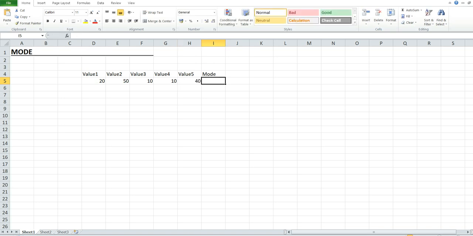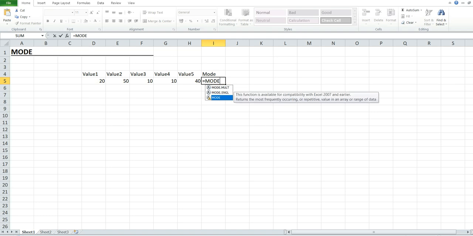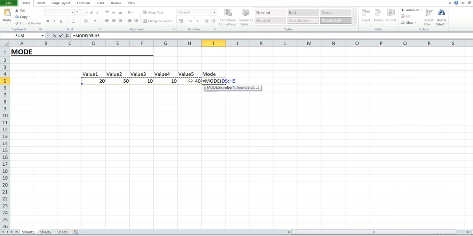Now let's use the MODE function here. I'm going to use the MODE function, select value 1 to value 5, close the parenthesis, and press enter.